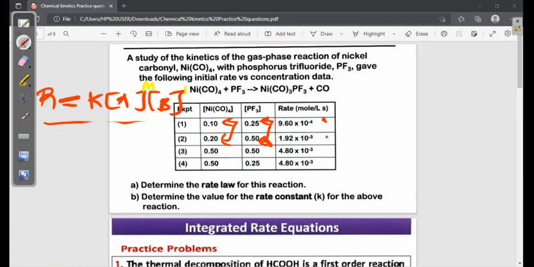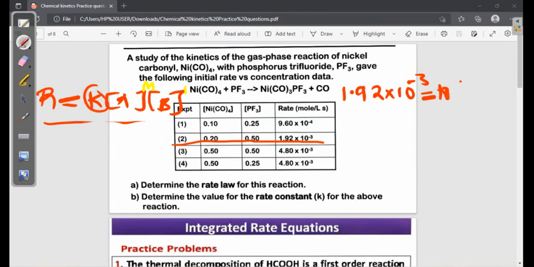I basically say consider the one that is bigger and put it on top, because it will be easier for you to deal with the indices, because sometimes people get confused with indices. So using the same expression that we've come up with, our rate in terms of our reactants, I'll start with the second one. So my rate, I'll not write the equations because I'm sure we are now used to it. So 1.92 times 10 to the power negative 3 is equal to, so the rate is equal to k, and then the concentration, which is 0.2,